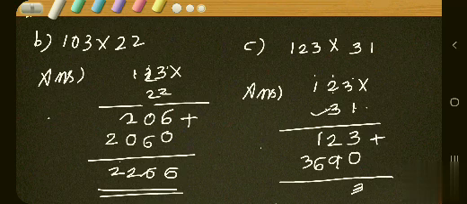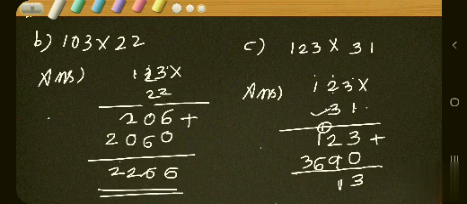2 plus 9, 9 after 10, 11, balance 1. Usual addition. Balance 1 should be written above the previous number. So let me add once again. Don't get confused. 3 plus 0, 3. 2 plus 9, 11. 1 here, balance 1 above the previous number. Then 1 plus 1, 2, 2 plus 6, 8. And here 3.